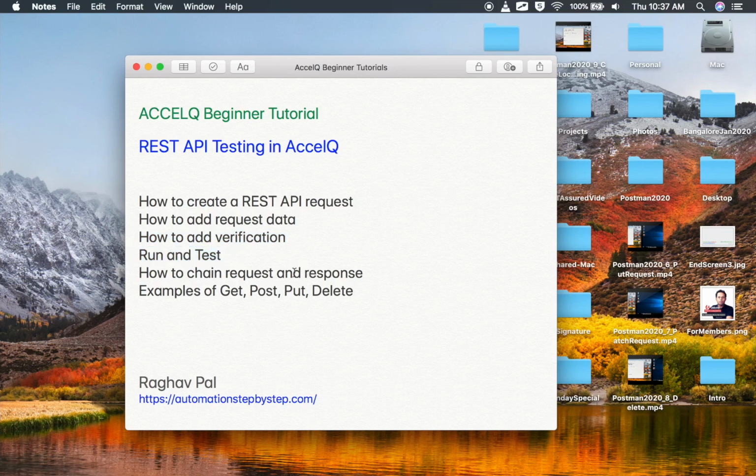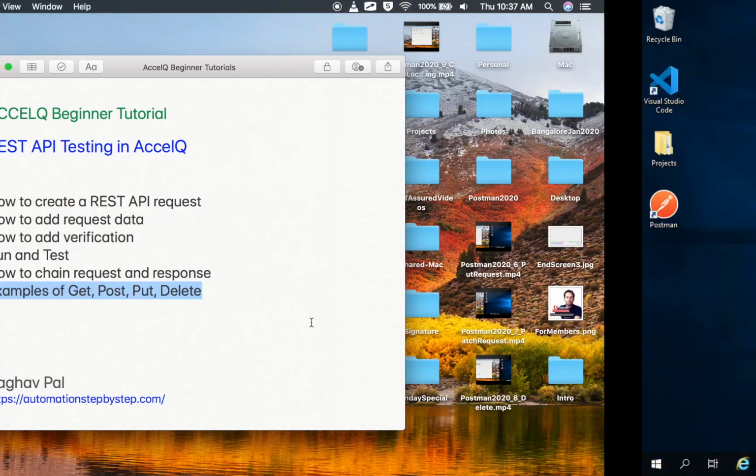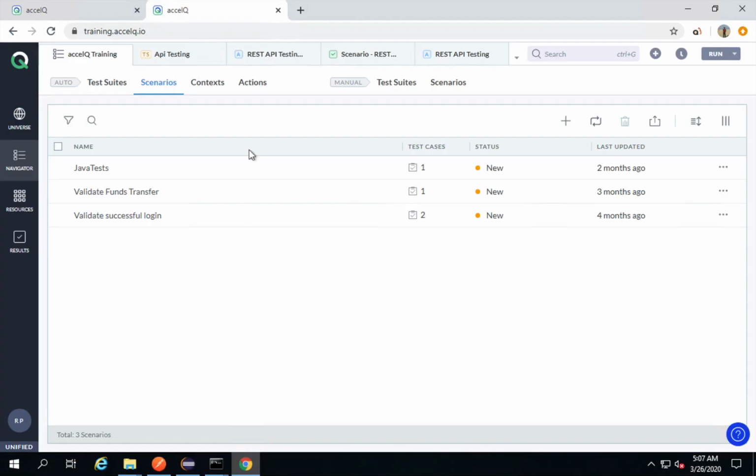We will also see how we can chain request and response, that is how we can extract a value from a response of one API and then provide it in the request of another API. We will see some examples of get, post, put and delete operations in REST APIs. So let's get started, and I will go to my AccelQ account, and here step number one is I will